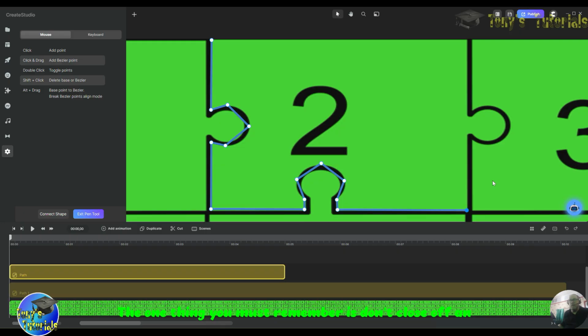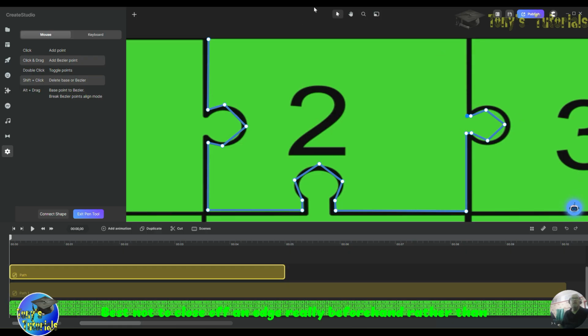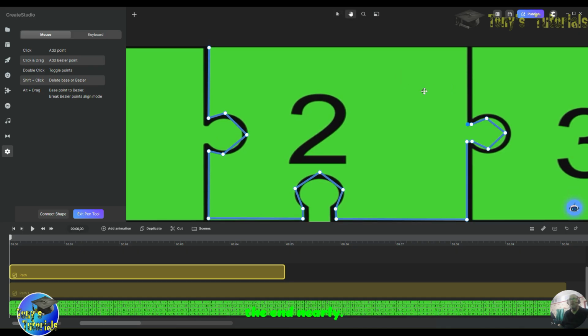The one thing you must remember is don't close off an image until you've changed these. You can leave them and do them at the end, but you can't close off an image before you change them, because you can't change them afterwards. You have to restart it and do it again, or you have to press undo. Now, there's those two choices, so it's best not to close off an edge really, rather than do that. So I'm just going to pull that down, make sure I'm nearly at the end, and what I'm going to do is put that back on and